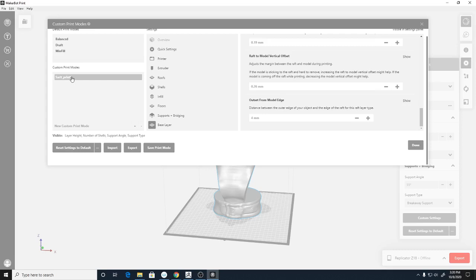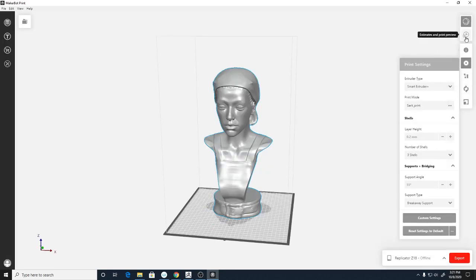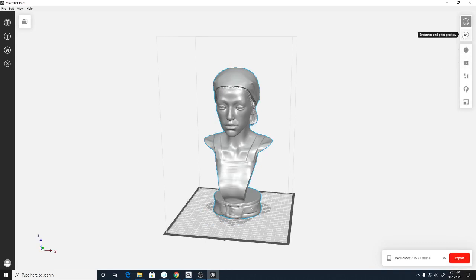And now when you see the star or the asterisk, you need to click save print mode, so that you can come back and reuse this. Click done, and then right here, estimate and print preview. Click on this button. I can turn that off. And it will take a bit of time. Yes. It has the same print mode as it's grayed out. One moment, hold on. Let me stop the